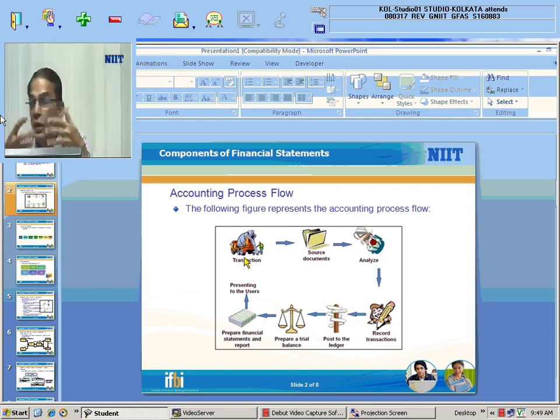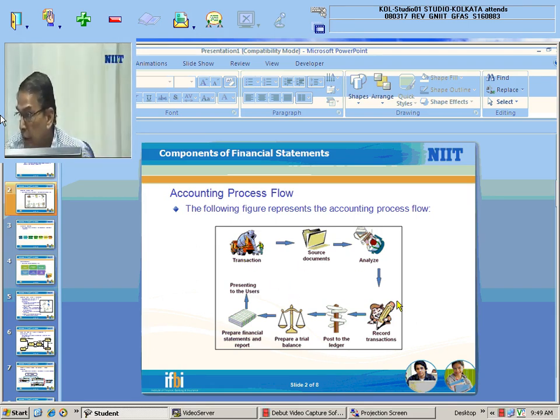So all these sales invoices, these are called source documents, will go to the accountant, the person who is maintaining the records of transactions. The accountant will analyze those sales invoices and then record the transactions. So transaction recording starts here, based on the source documents. He will analyze the source documents, verify them, and then record them for the first time in the subsidiary